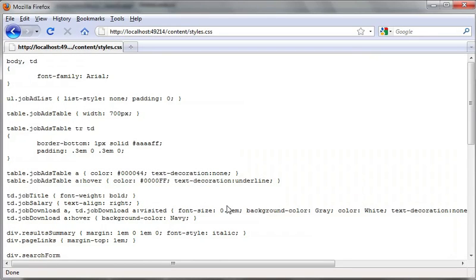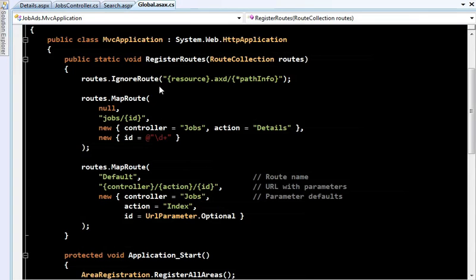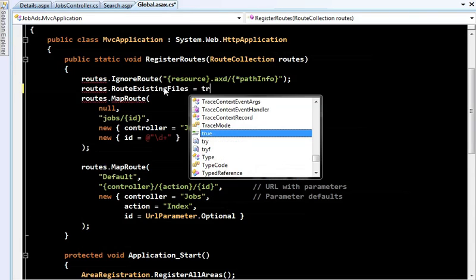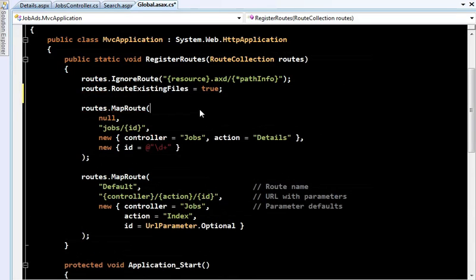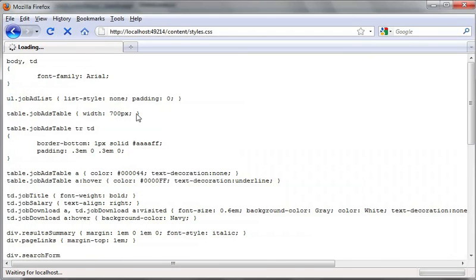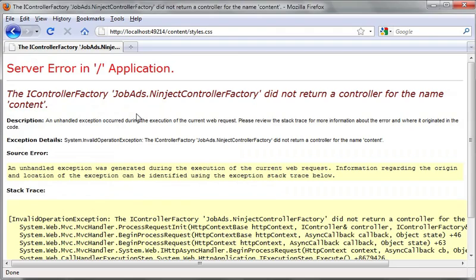And the reason this happened is nothing to do with the file name extension. It's because the routing system checks whether or not the incoming URL does happen to match an actual physical file on disk, and if it does, the routing system ignores the request, which leaves the web server just to serve the physical file. And to prove that, I can turn off this behavior. If I change the configuration slightly to say routes.RouteExistingFiles equals true, and that means it will no longer ignore existing files on disk but will route them, then when I compile and reload this URL, it will get mapped to a controller called content, and since that doesn't exist, there's an error message.